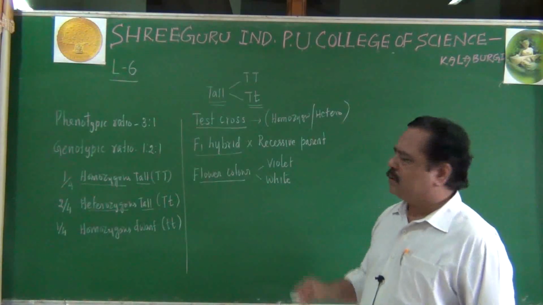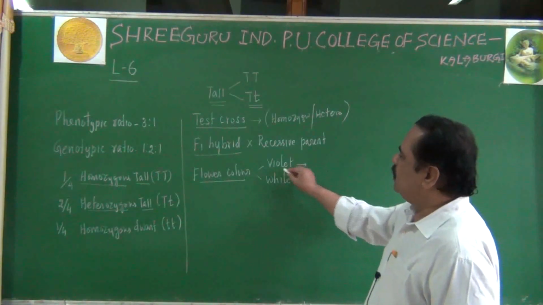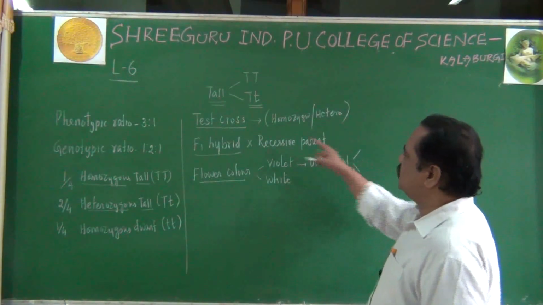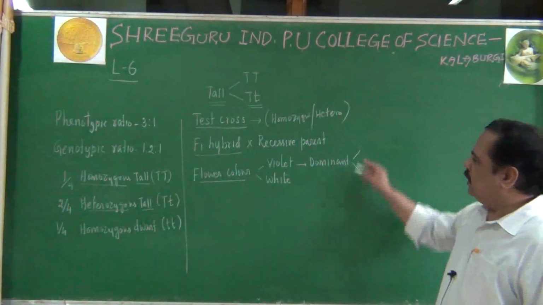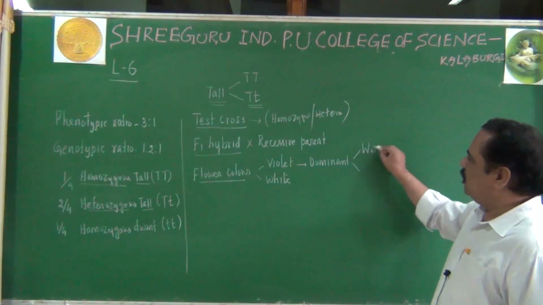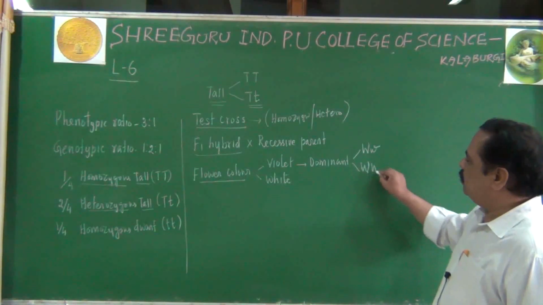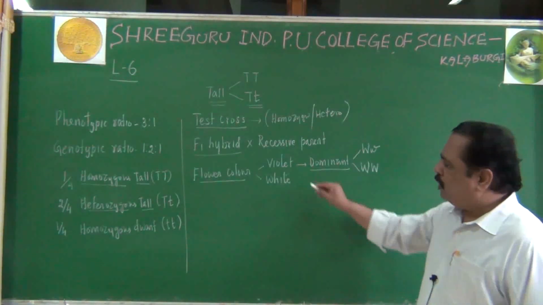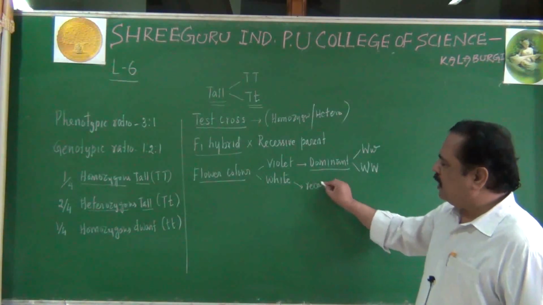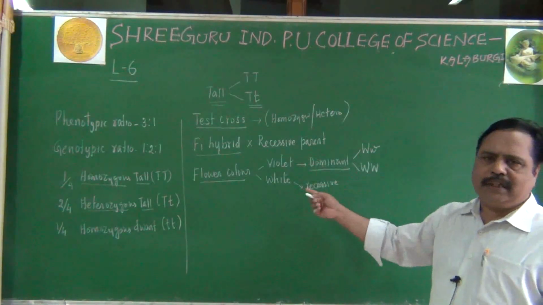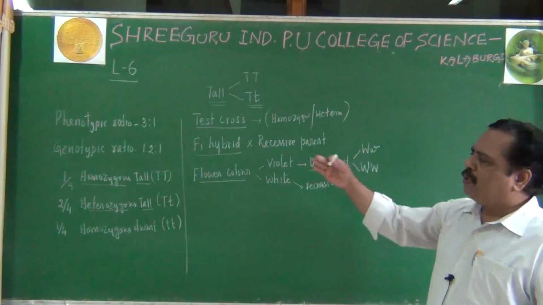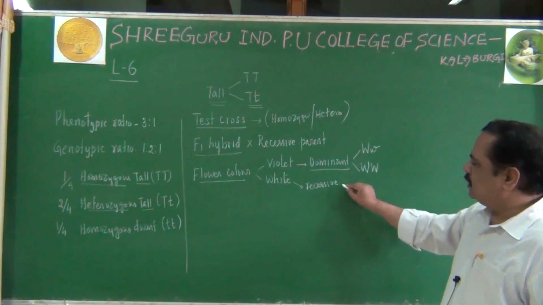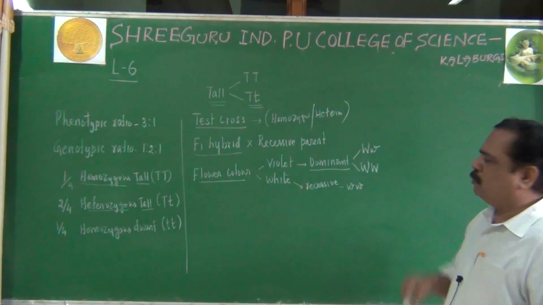During the monohybrid cross, Mendel showed that violet color is the dominant character. That means violet color can exist in either of 2 forms: either capital W small w, or capital W capital W. That is the violet nature. What about white? It is the recessive character. Based on the monohybrid cross, or based on the F1 generation, we can say which is dominant and which is recessive. Here, white is recessive, made up of small w, small w.